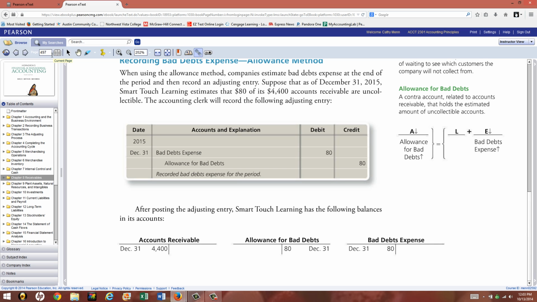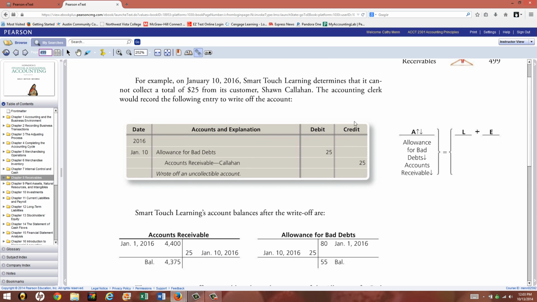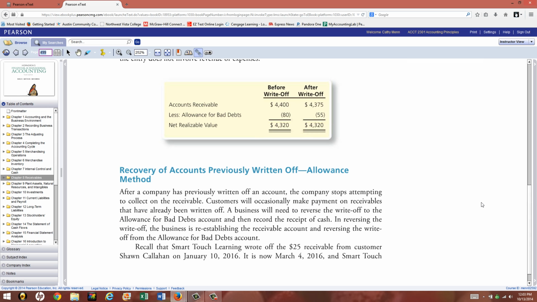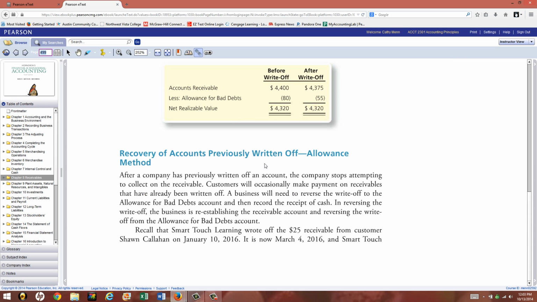And then I'd also like for us to show, and this starts at the bottom of page 499, recovery of accounts previously written off. What happens is if we write somebody off and we turn them into a collection agency, this hurts their credit rating. And so whether it's because they're trying to work on their credit rating,